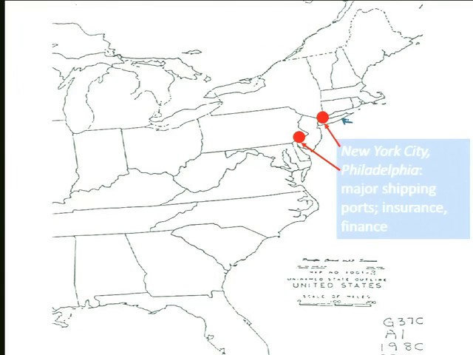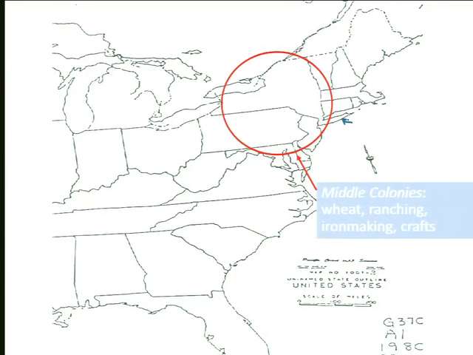Past dependence. The middle colonies, New York, Pennsylvania, New Jersey, had lots of farming. It's not as cold as it is in New England. You'd think it's equally well north, and parts of it are, but it's not quite as bitter cold and nasty as New England. Wheat, ranching, iron making, and crafts. When you think about Amish farmers and the gorgeous, green, lush land of the Amish, that's Pennsylvania. So you get a lot of Pennsylvania Dutch in this region. Why? Because the land is absolutely perfect for farming. So that's what you're doing in the middle colonies. In Virginia and Maryland,